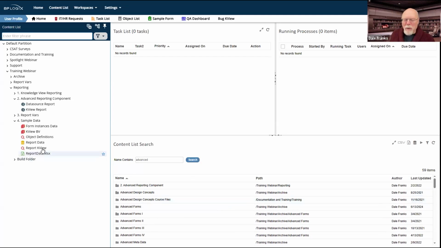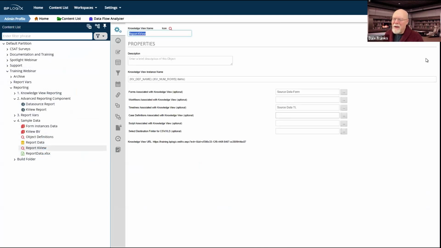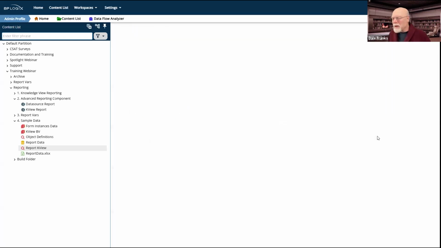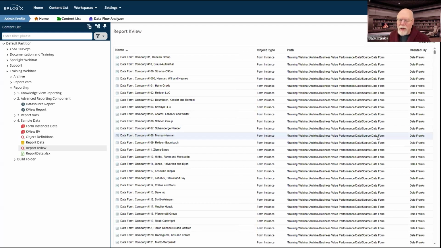There is a little bit of a problem when I want to actually do formal reporting with Knowledge Views, and I think the Report K-View kind of illustrates that, because if I have 1,000 records in a report, or in this case, 2,000 records, it gets a little bit tedious. First of all, the design. You don't have any control over the design. You don't have any control over how it looks.